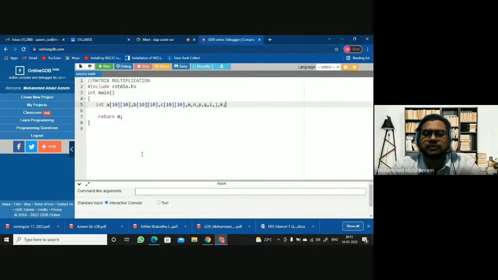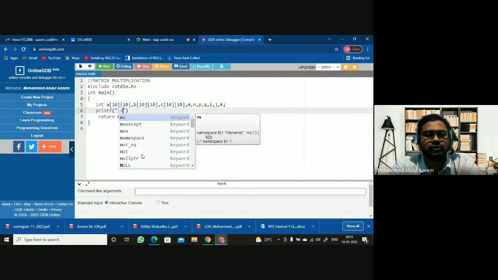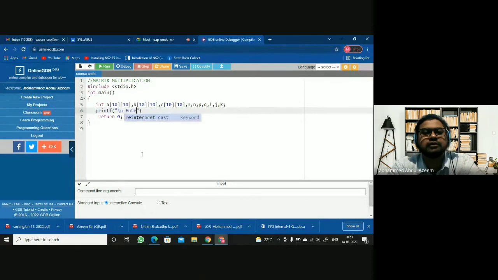Now let us first read the first matrix order. You need to read the order first, then you have to read the matrix, right? So now you're saying: enter the order of the first matrix.